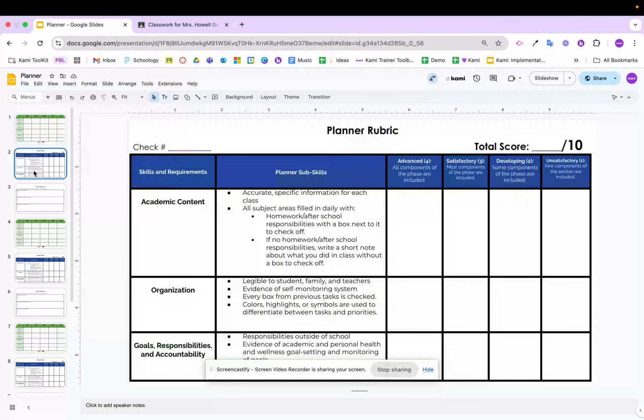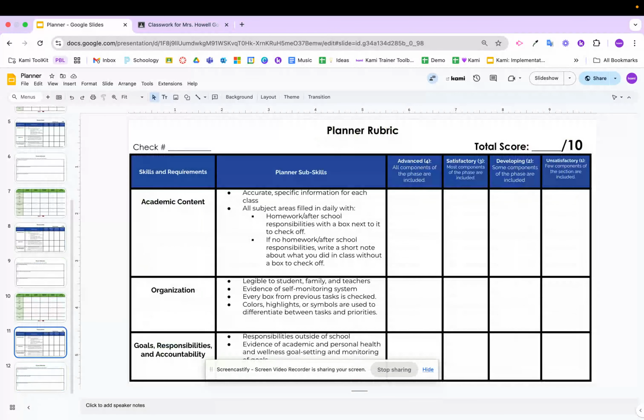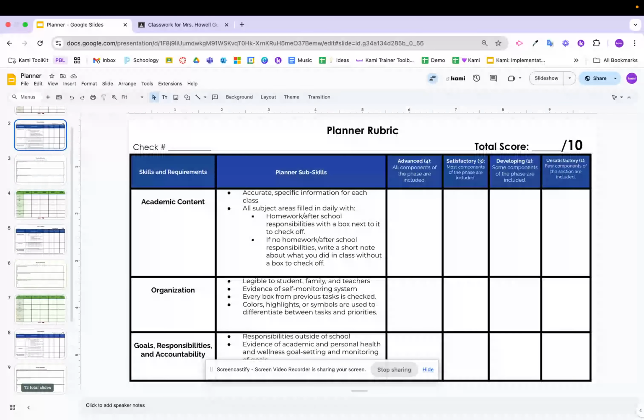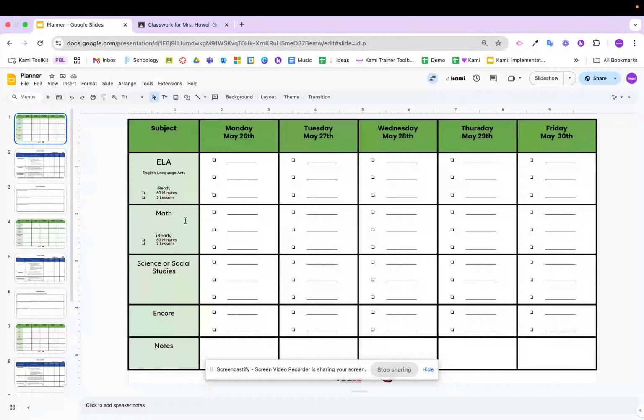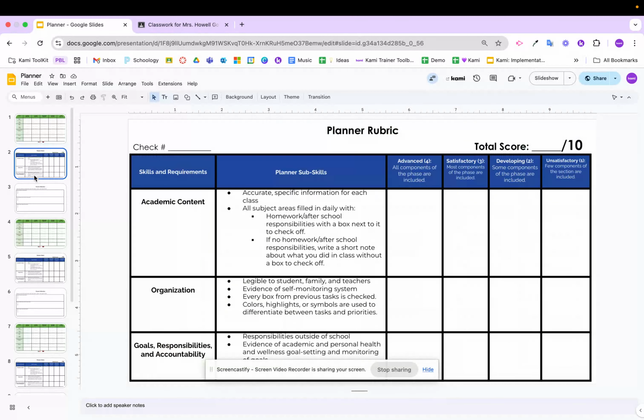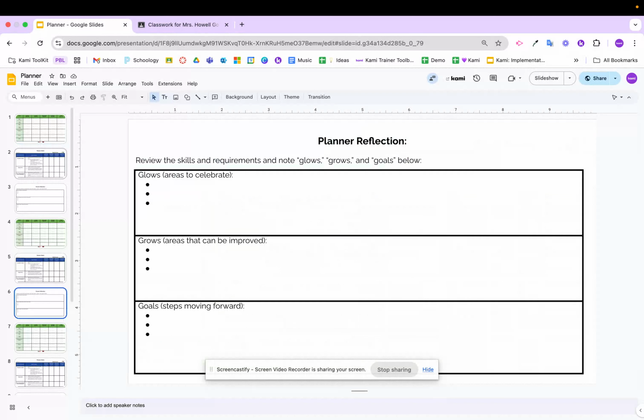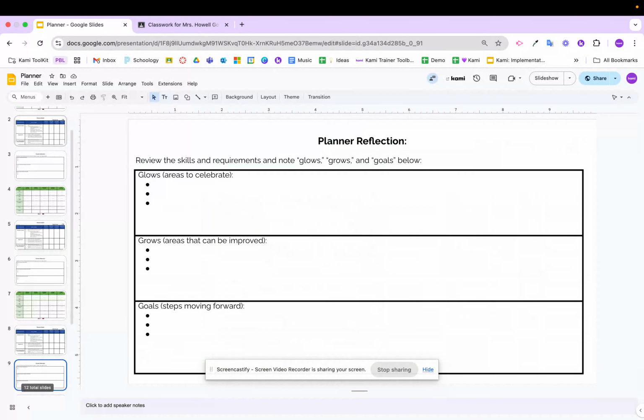First step is you'll want to just look over the planner and customize it for your own students. You might want to change the dates. This one is for May. You might change the outlines over here. Maybe you have ELA, math, science, social studies, encore, or notes. There's even a planner rubric right here if you want to do quick checks to make sure your students are